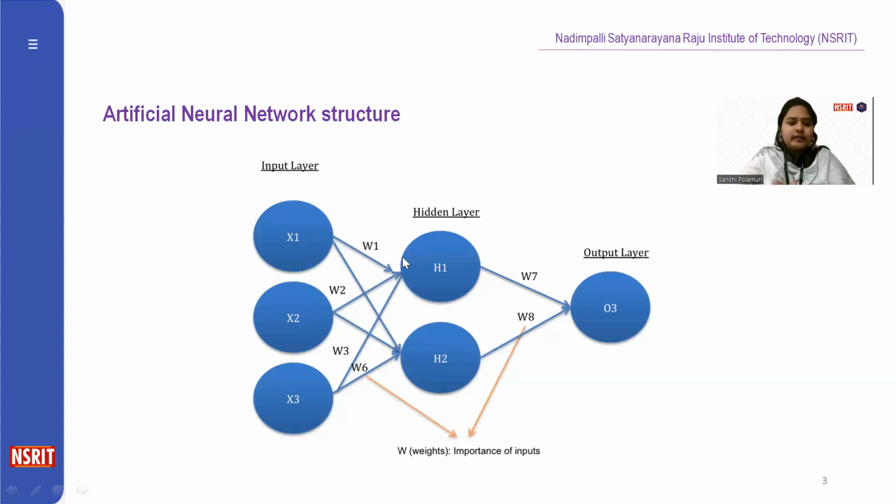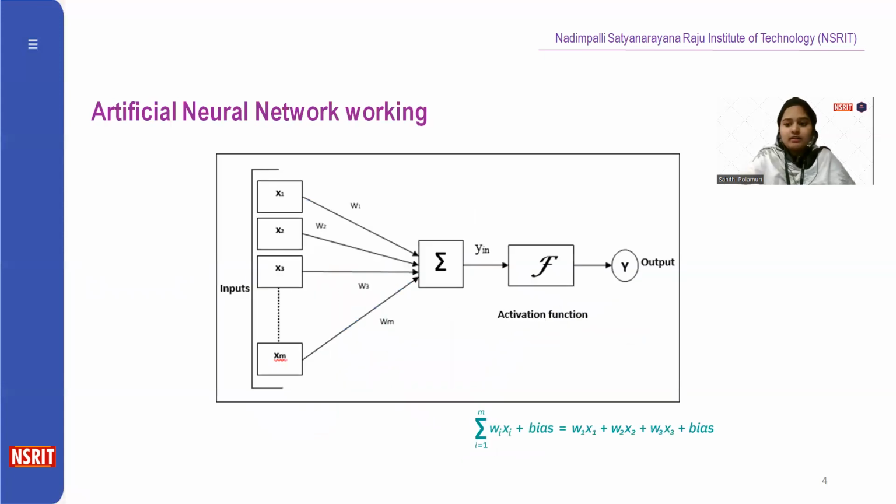So theoretically, how ANN works means, we will be giving input to the input layer. From the input layer, our input will travel to the next layers, nothing but hidden layers. In the hidden layers, all this information will get processed, and from the output layer we will get the output. So theoretically this is how a typical artificial neural network works, but mathematically speaking we have a formula to calculate